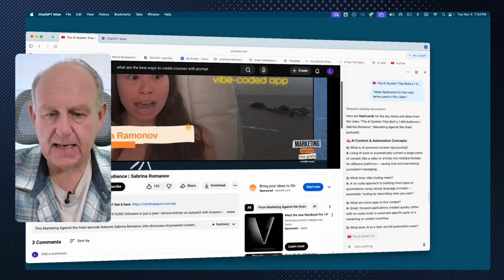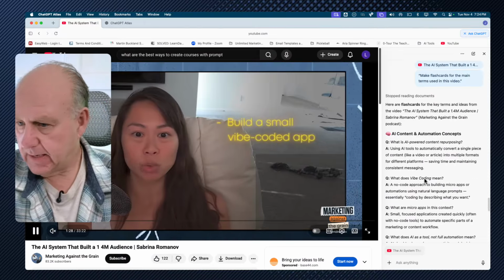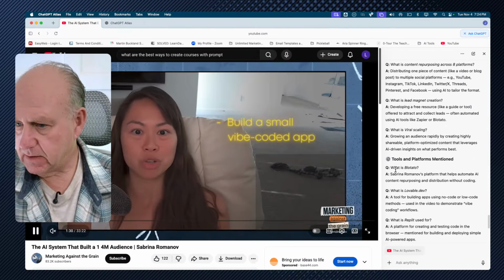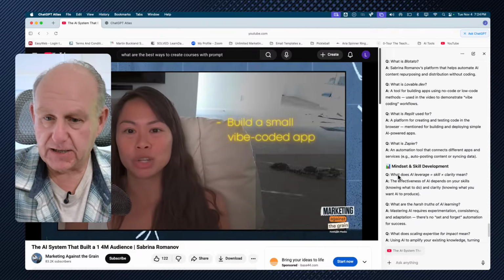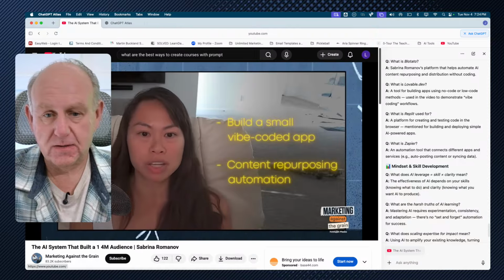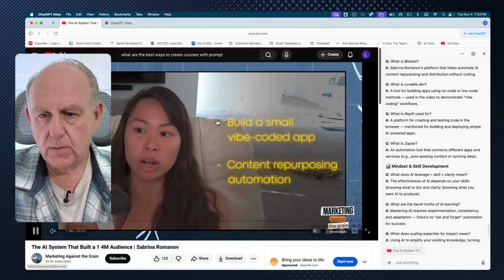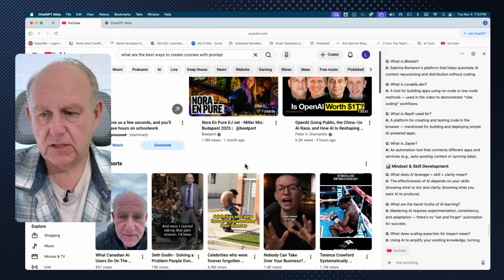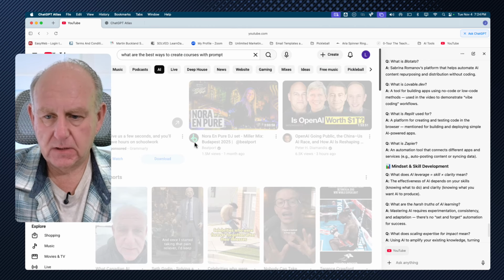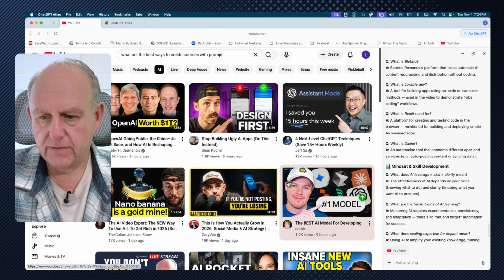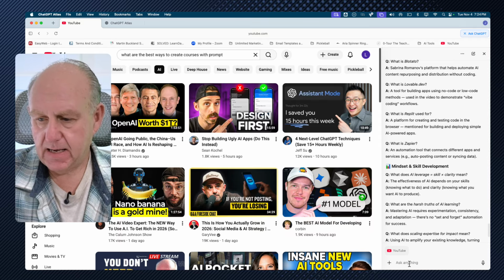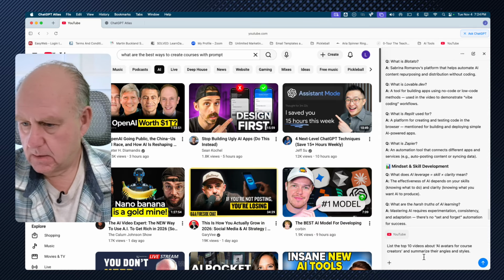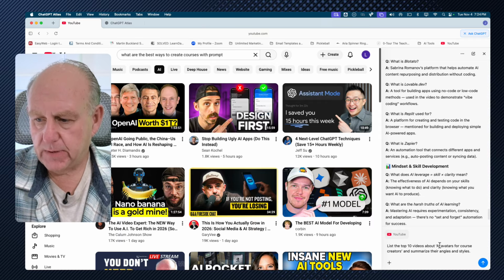We're going to go back to Atlas, and it actually did the flashcards there, right? Question and answer. The flashcards are all there. Perfect. Very cool. I'm going to go back to YouTube. I'm a researcher. I'm trying to figure this stuff all out. And I'm looking at all of these particular ones that are about AI. And I'm just going to paste in, list the top 10 videos about AI,